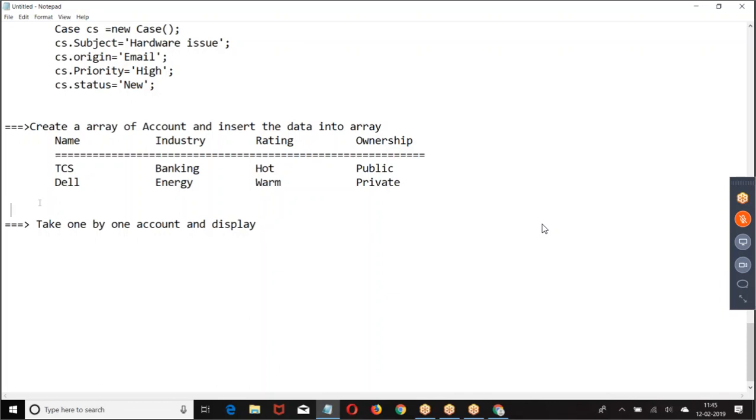First create an array, insert the data, then take one by one element and print it.